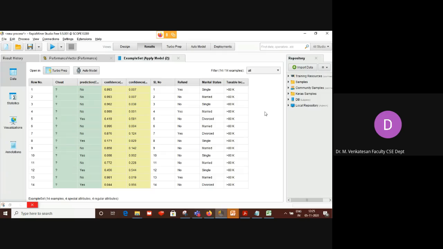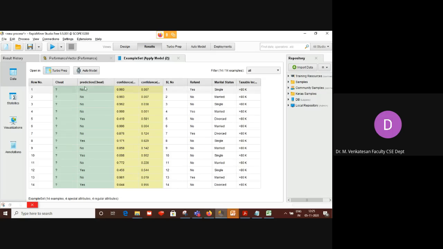Are you able to see the result output? Now what is the output here? See here, the 14 tuples. Now the manager wants to know which customers are genuine or not. So we have built a machine learning model, and the manager has given those 14 applications as the input. Now the model says it predicted. See here, first tuple, cheat is no. It means he is a genuine customer. Okay. Then second, no. Third, no. Fourth, no. Fifth. What about the fifth row? This guy may be cheating. So don't sanction the credit card to him.